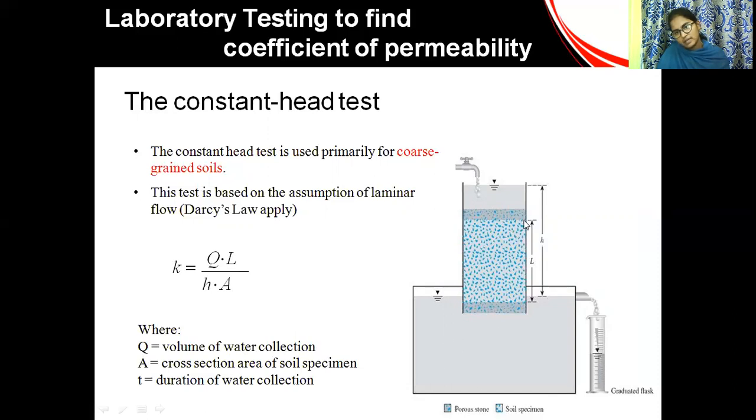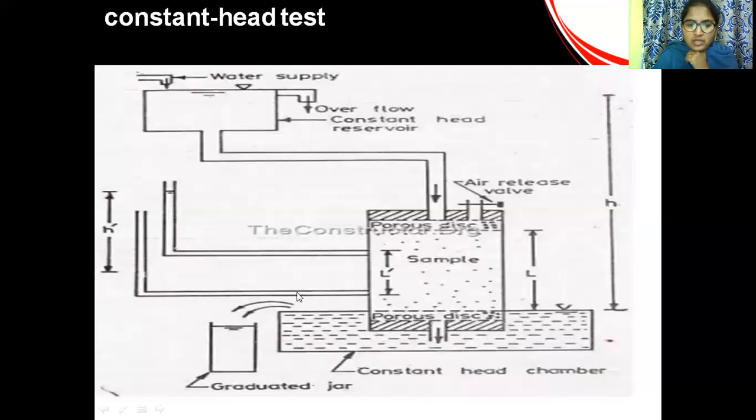This is the sampler, with the length and height of the sampler, and the collecting tank with its cross sectional area. Q is the discharge, K is the coefficient. You will find this out in our laboratory. It is only used for coarse grain soil. What apparatus is required for conducting the test on coarse grain particles? We require a graduated jar, a mold, two porous stones, an overhead tank and water.